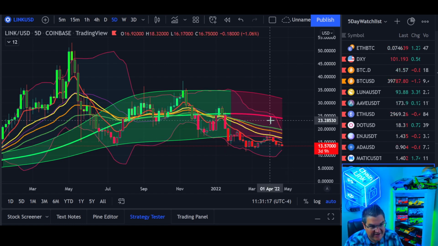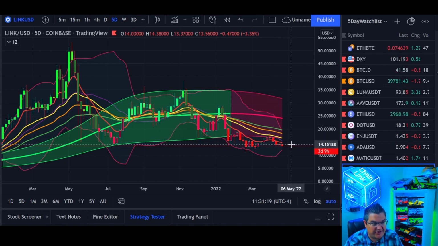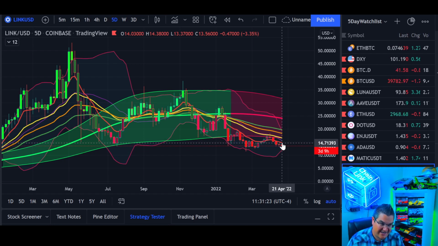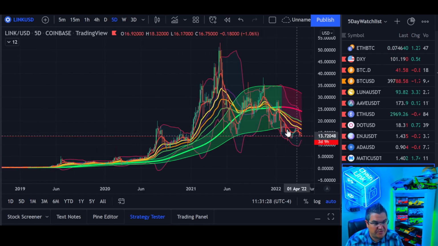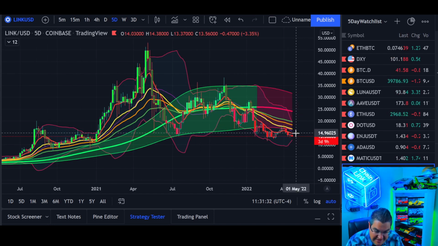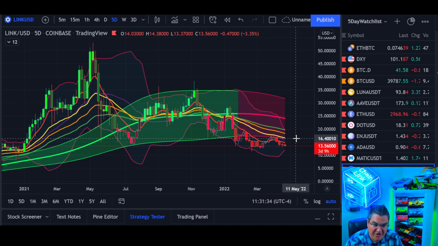So we're red on the 5-day Gaussian. We're underneath the 5-day Gaussian. Long term, these are great accumulation spots to start the DCA. Not to be going all in, because you don't know where the bottom is going to be once you're under here. Now, this is a good zone for dollar cost averaging,